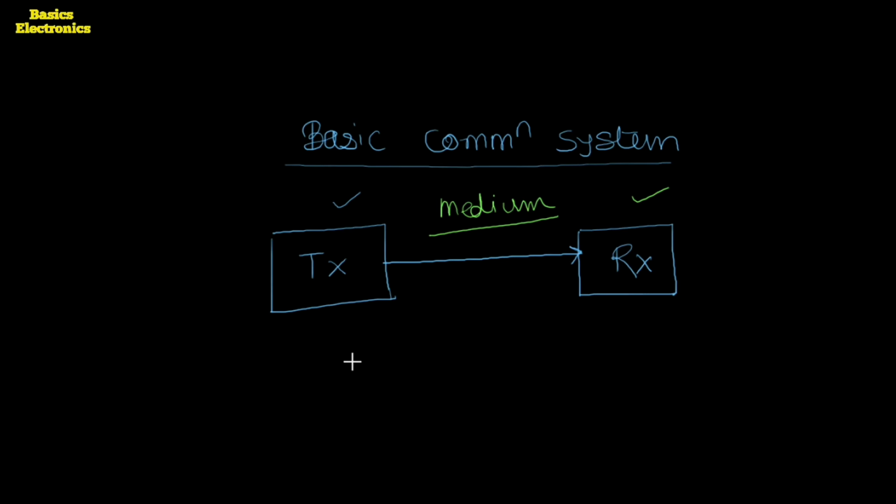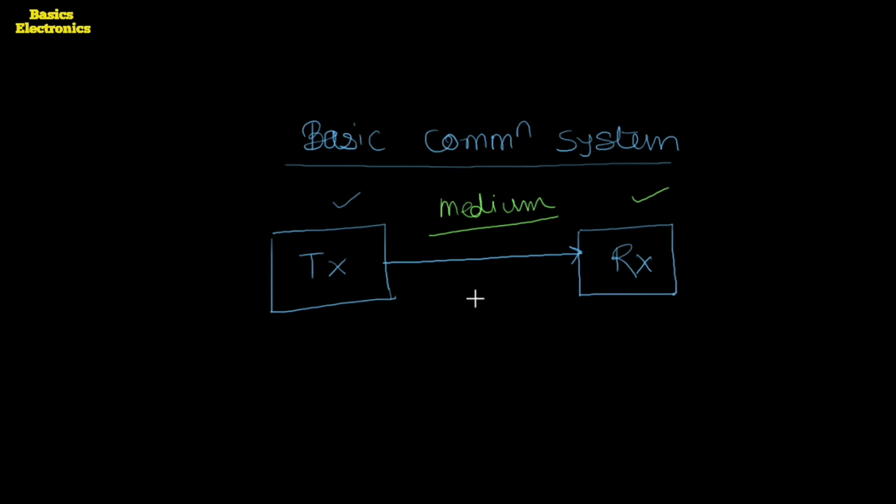Okay, so we send the number of bits one after one, or in parallel all at a time, depending on the distance between the transmitter and the receiver. If we have data transmission through a wire, but the distance is very small, for example, if we are going to transfer the data from our laptop to the smartphone, then we do not need to use a single cable. Here we can use the parallel cable or the parallel wire, where a number of bits can be transferred at a time. So depending on the distance and the physical parameters, we have to select the medium.